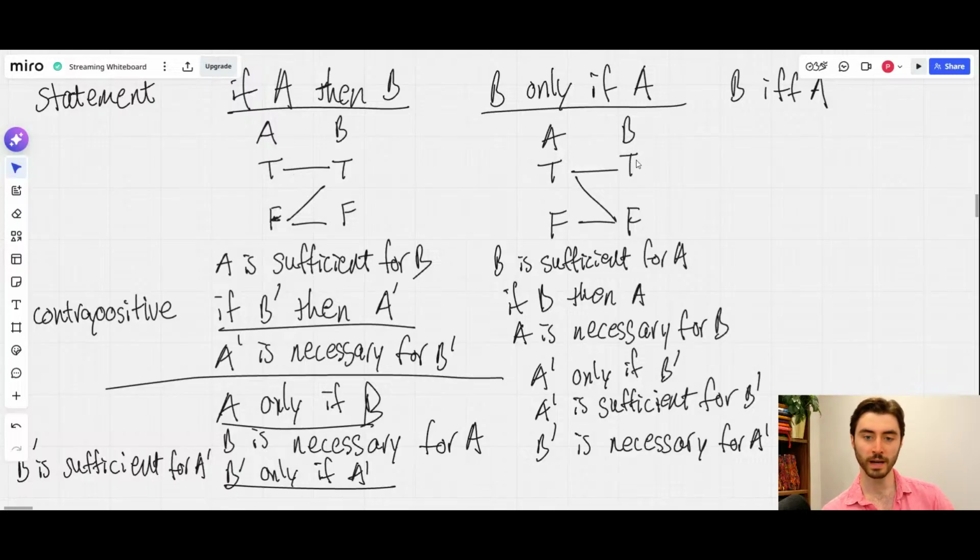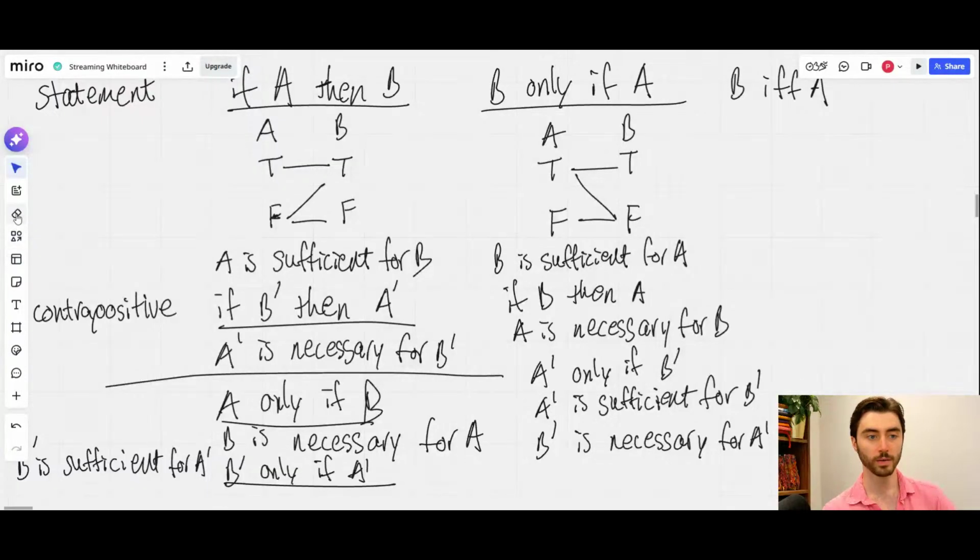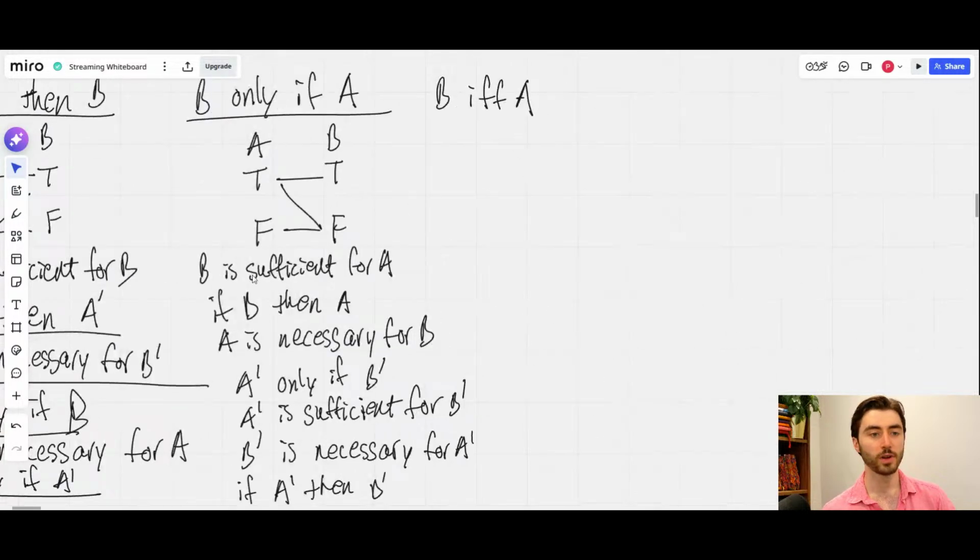So is it a backwards one? No. So not A only if... Oh, it's if not A. There we go. If not A, then not B. So kind of going forwards and backwards along these lines. If and only if is probably the easiest, because